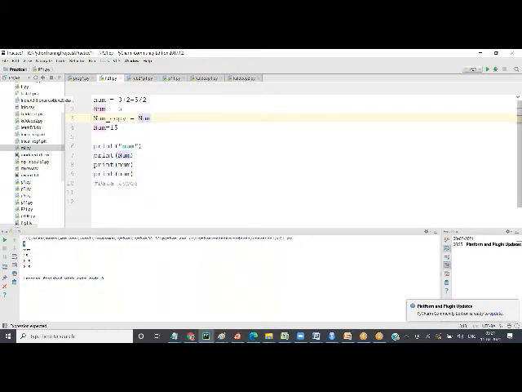Now, when we discuss values, we discuss two things: numbers and text strings. There are two types of numbers: decimal numbers and integer numbers. The difference is that an integer number will not have a decimal point. 5.0, is it integer or decimal? 5.0 is decimal because there is a point. So if there is a point, it is decimal.